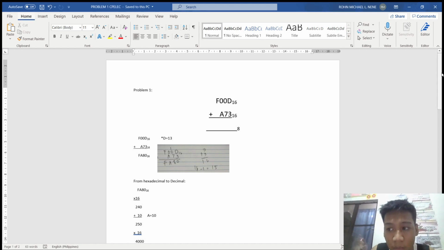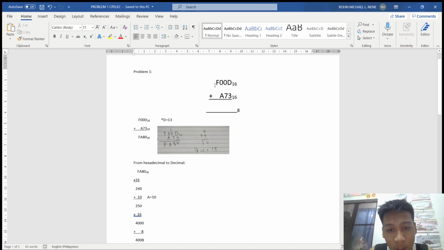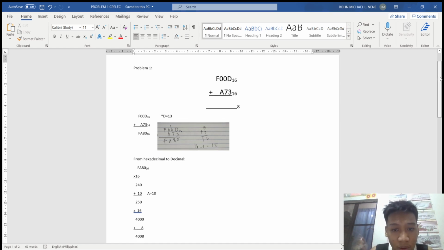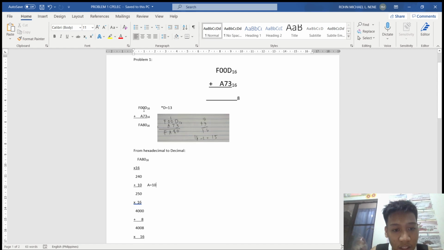For problem number 1, we are given a problem of F00D sub 16 plus A73 sub 16, and the answer is supposed to be octal instead of hexadecimal. And what I did here is first I added the two